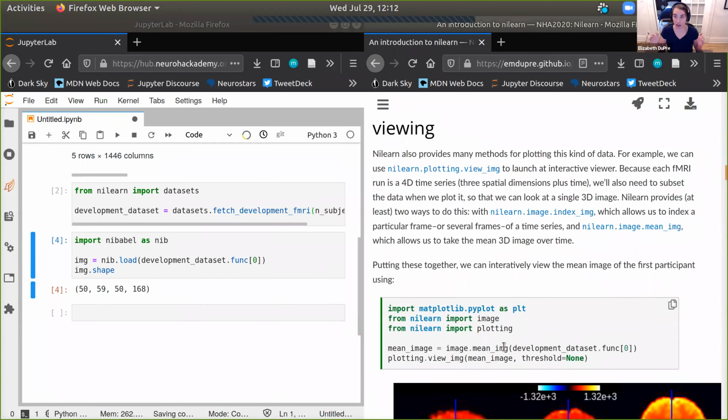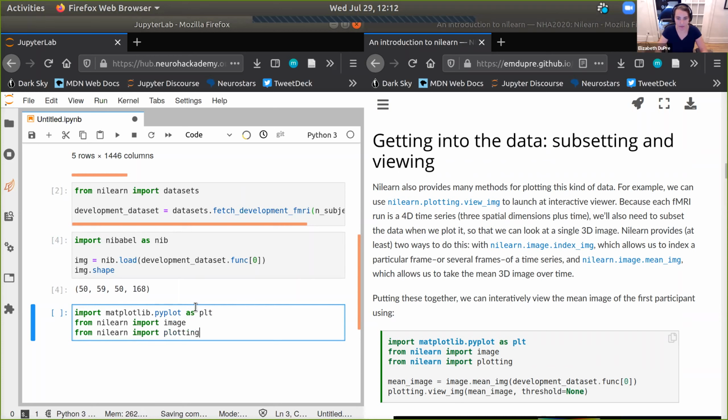All right, import matplotlib.pyplot as plt. And then I'm just going to do 2 different Nilearn imports. From nilearn import image, and from nilearn import plotting. Then, just as I described, I'm going to take the mean image.